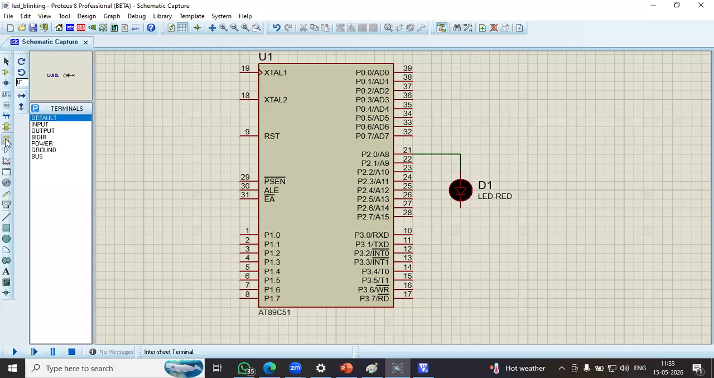So select the thermal and select the ground, right? Now once you select the ground, next place the component using left click and connect the component through the terminal using wire. So based on the connection,